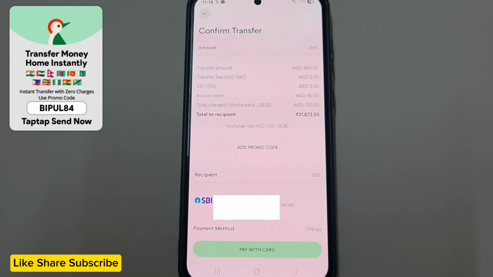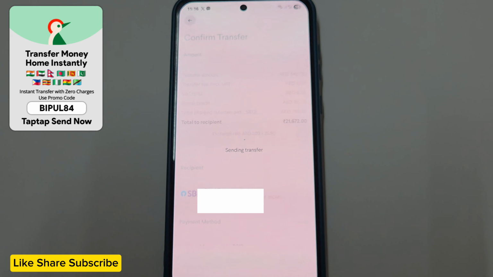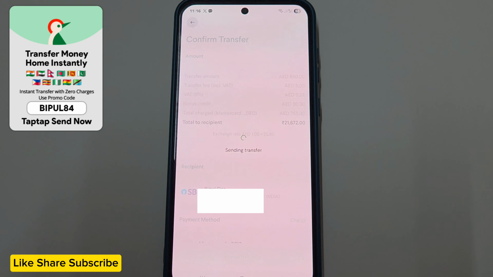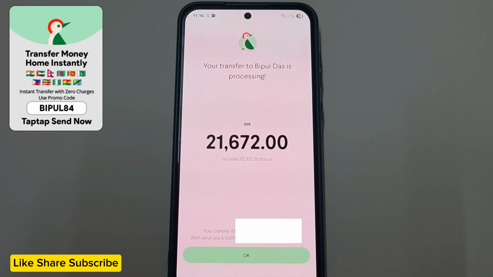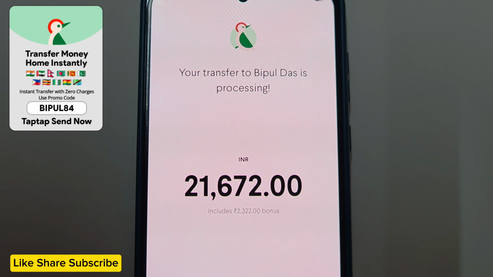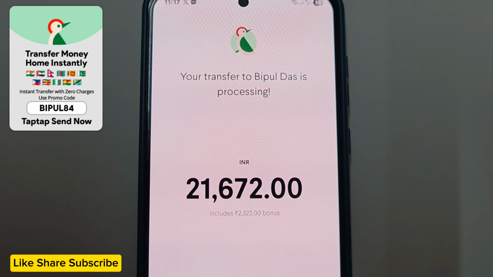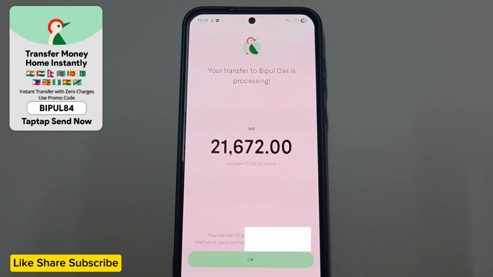Okay, once it is done and you have confirmed everything, friends, you just need to click on pay with card. I have already added my card, and you just need to verify with the PIN of your mobile or fingerprint, and it will show something like this. The bank account is also showing, and we just need to reconfirm everything here. It is showing your transfer to Bipuldas is processing 21672. This is the total amount including 2322. Okay, so here I'll just click on OK,